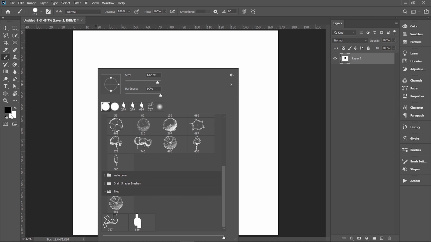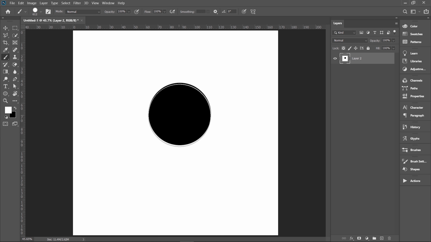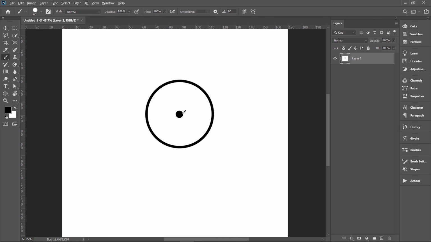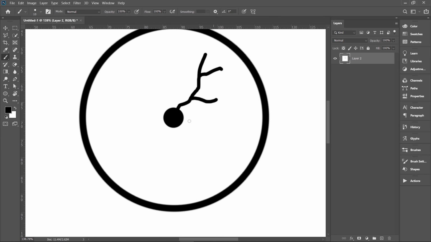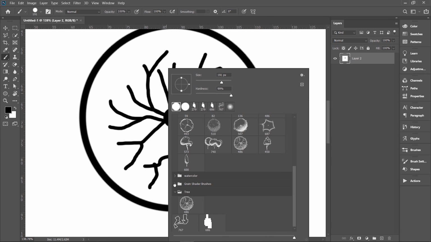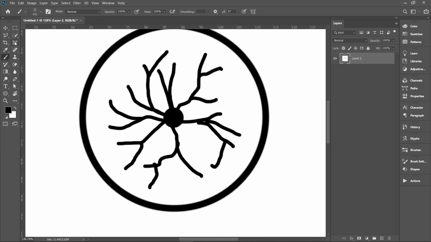Again using the brush and white color in foreground, reduce the size of the brush a little bit and then click on the black circle and make a white circle to create an outline effect. This looks fine now. Now make a bark of the tree using the same brush. Also, let's make a few branches as well, so that it's easy to recognize it as a tree. Let's add some shades as well so that the direction of the sun can also be represented.